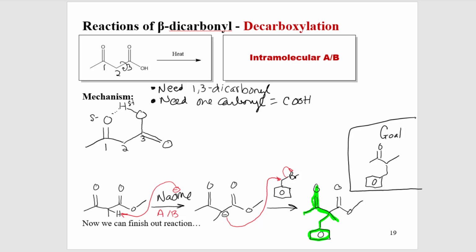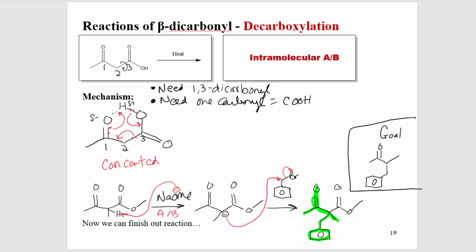So with just a little bit of heat, the pi bond of the carbonyl makes a real bond between the oxygen and the hydrogen. And as that bond forms, the oxygen-hydrogen bond collapses. And as that happens, the carbon 2,3 bond collapses. It's a cyclic, concerted mechanism,